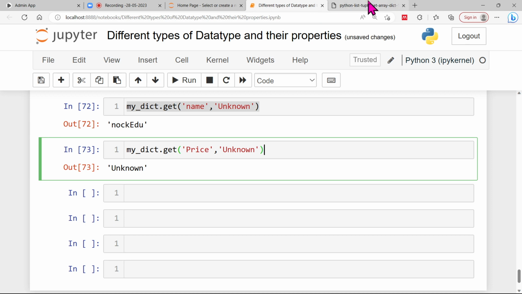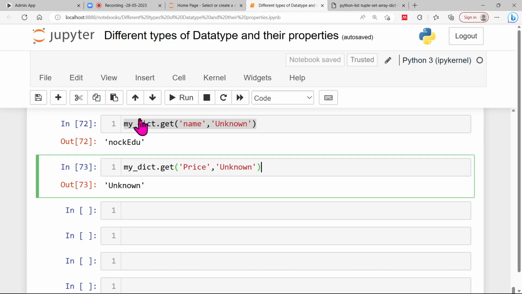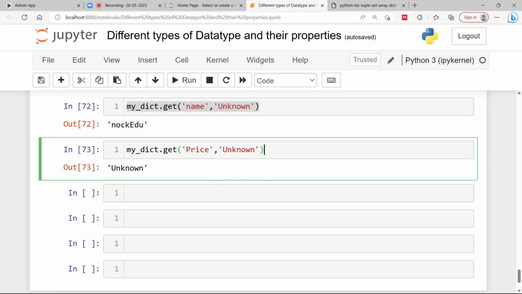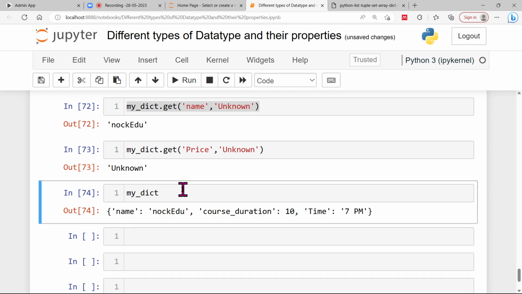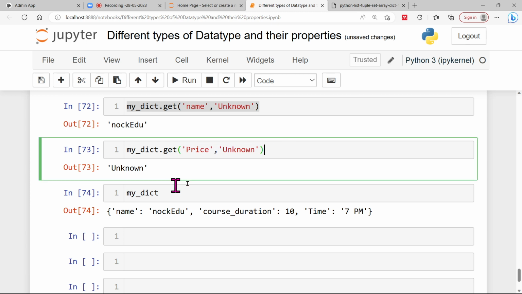So which means it cannot be indexed for these things, it cannot have an index, not supporting that sequence value. We don't have 1 to -1 or -1 to 1 value, right? Can you see name, course duration, time. Price has not been updated, not just get,